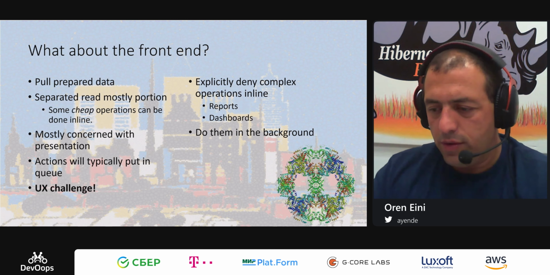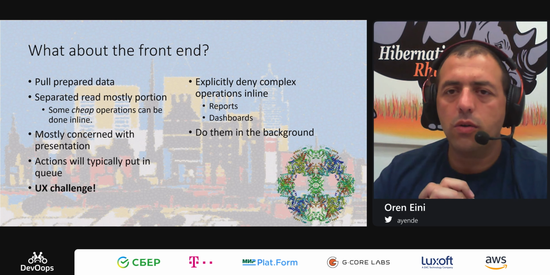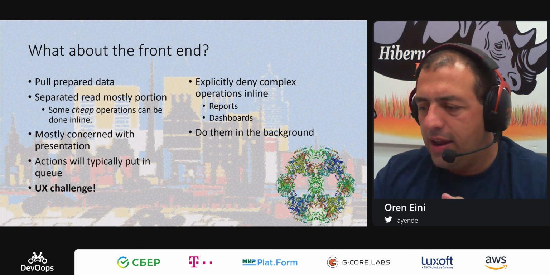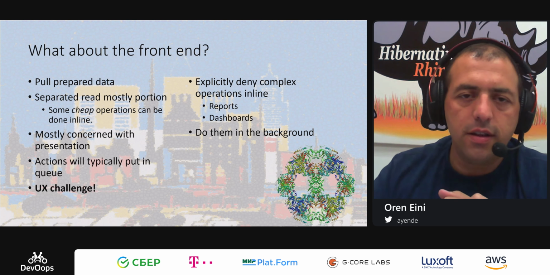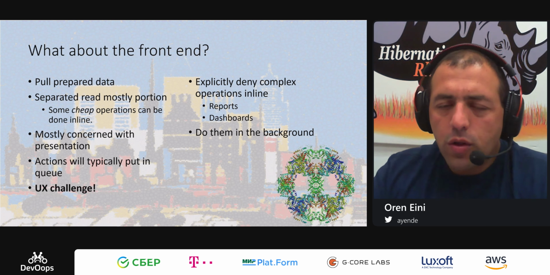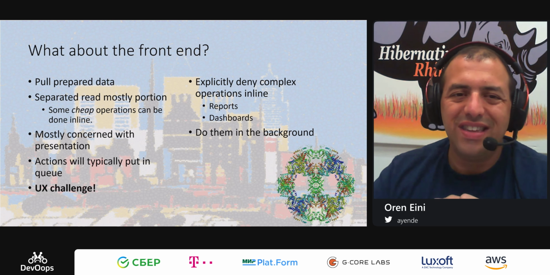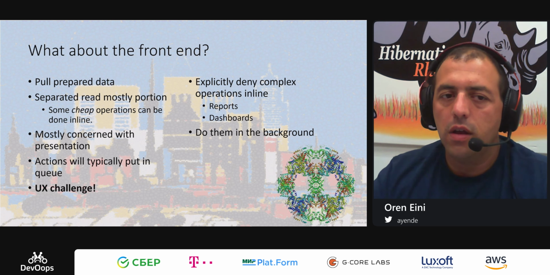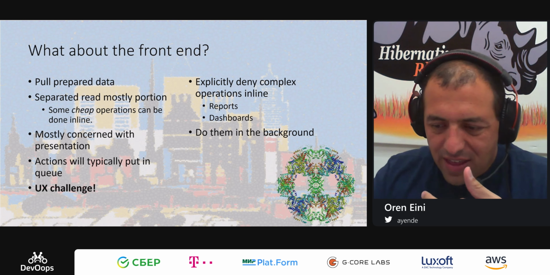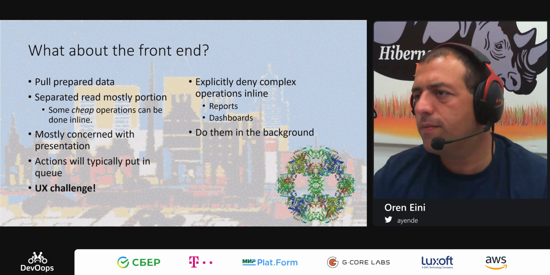So what about the front end? I keep talking about the backend, how it's processing, but let's talk about how we are building the user interface, the server side that pull the data and everything. Most of that, you're going to just deal with chewed data that has been prepared. Now, some operations are insanely cheap, even on writes.